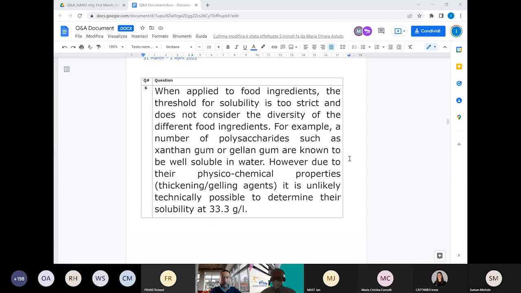If it is truly water soluble, this means it does not form a suspension, but a true solution. This might make the determination of solubility technically complex. This is to be acknowledged, and this is to be addressed on a case-by-case basis with proper experimental solutions and, in case, resorting to other